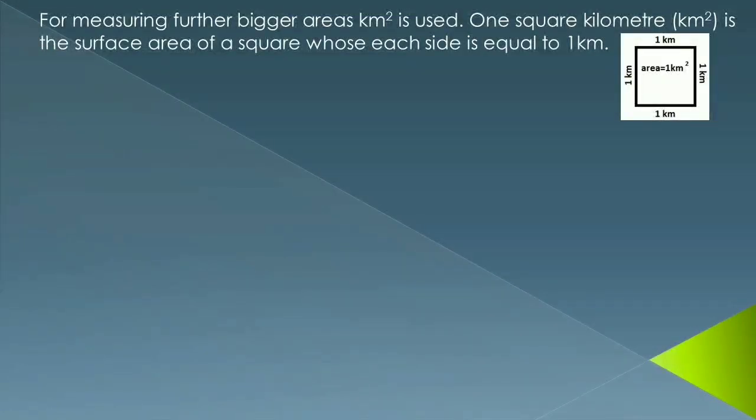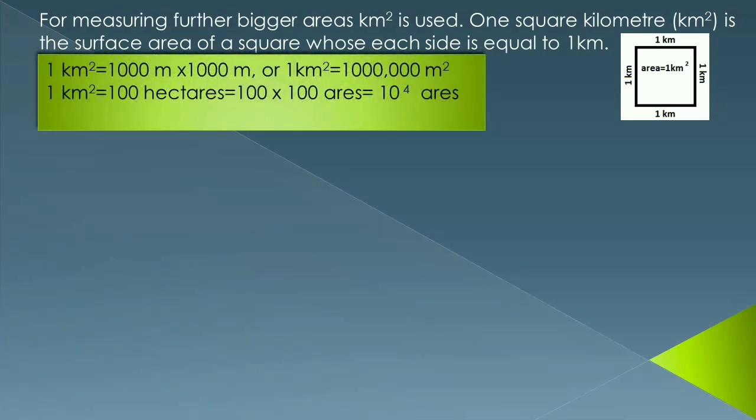As we have seen, 1 are is the surface area of a square whose side is equal to 10 meter, and 1 meter